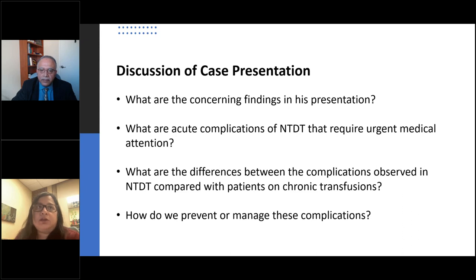Yeah, this might be the first time we see a person with non-transfusion dependent thalassemia when they come in with multiple complications. And I think we'd all agree that the main medical concern here would be cord compression from paraspinal masses in someone who has had a low hemoglobin and increased erythropoietic drive. We can tell that from facial features with maxillary prominence, the history of hepatosplenomegaly, and then also the low hemoglobins. And this is what I think would be a key concern for the acute presentation.